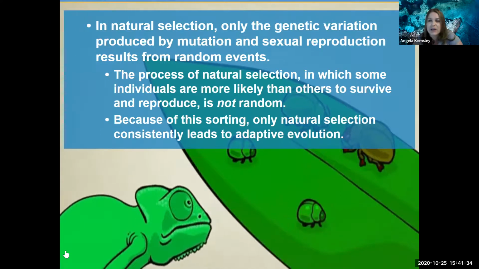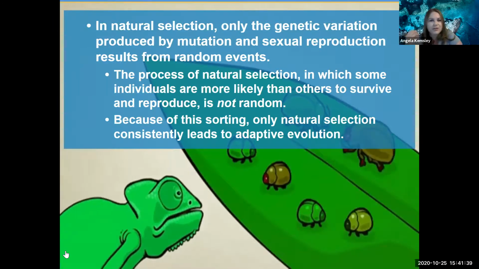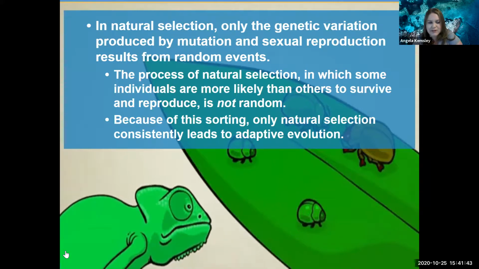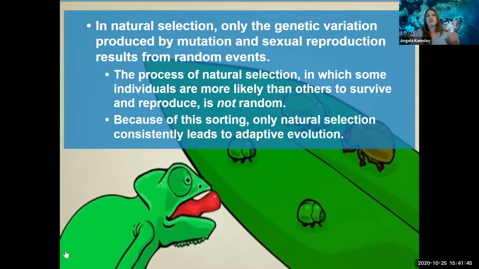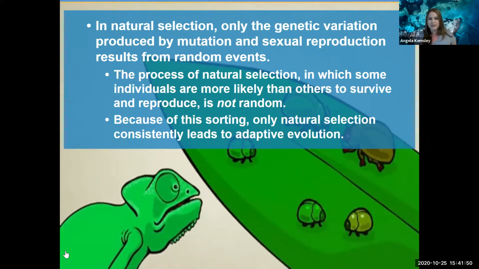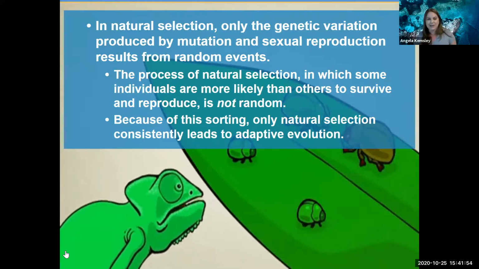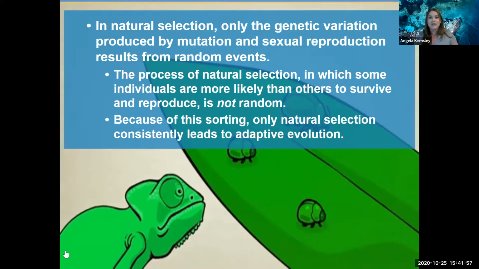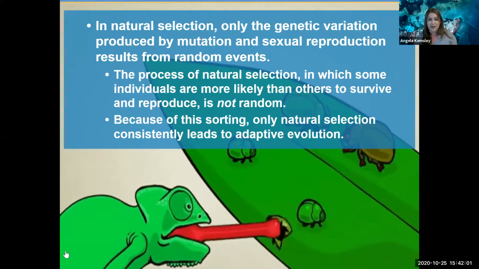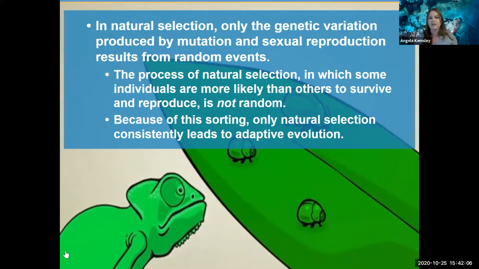So when we were talking about genetic drift and gene flow, that's happening mainly as the result of random events. But remember that natural selection is not random. So natural selection is, I mean, you just so happen to have the adaptations for the environment, but it's not random who is surviving and who is reproducing. It's whoever happens to have those adaptations, but whoever does have those adaptations that fit the current local environment the best, those are going to be the ones surviving and reproducing. So natural selection, it's not random who is surviving and reproducing.